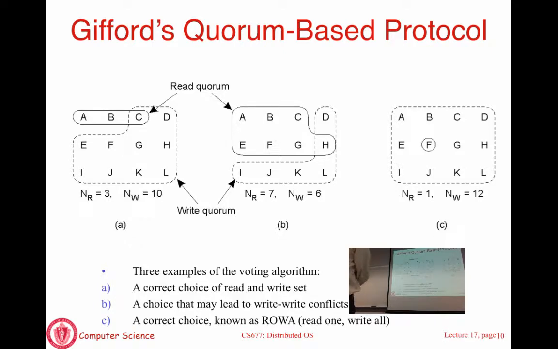Now let's say some other client wants to read the file. It has to pick 3 servers at random. The worst case is it's going to pick A, B, and C. So ask A, B, and C for the version of the file. Question is, will those versions match? They shouldn't, because A and B did not see that update, but C has seen the update. So C's version will not match A and B's version. So you have a mismatch.